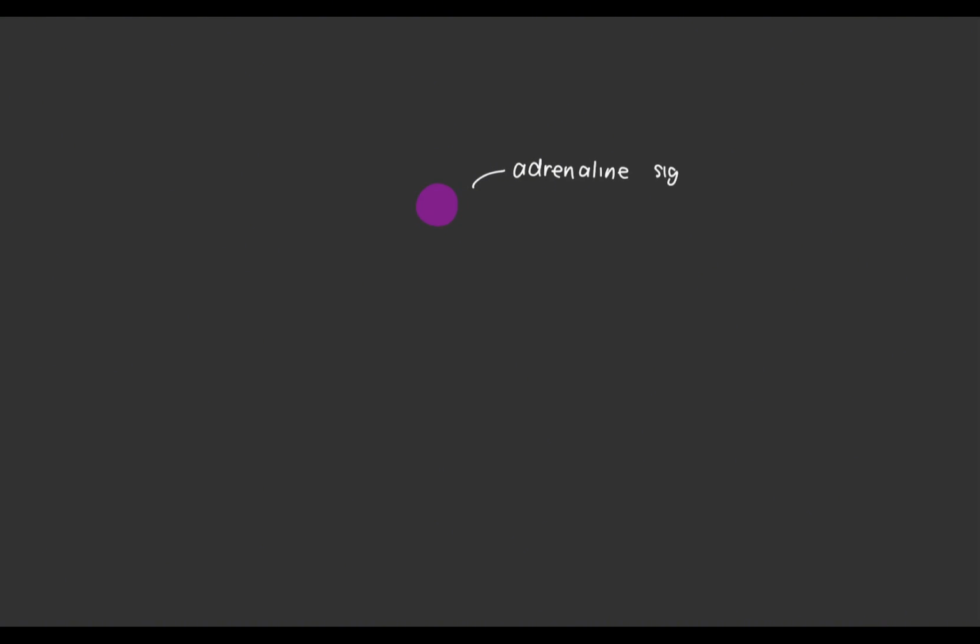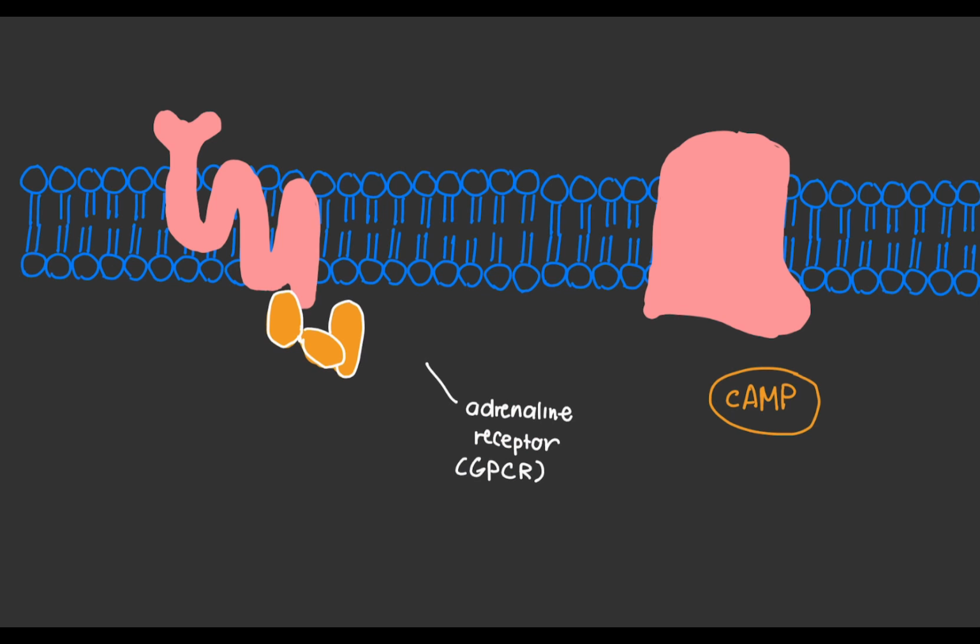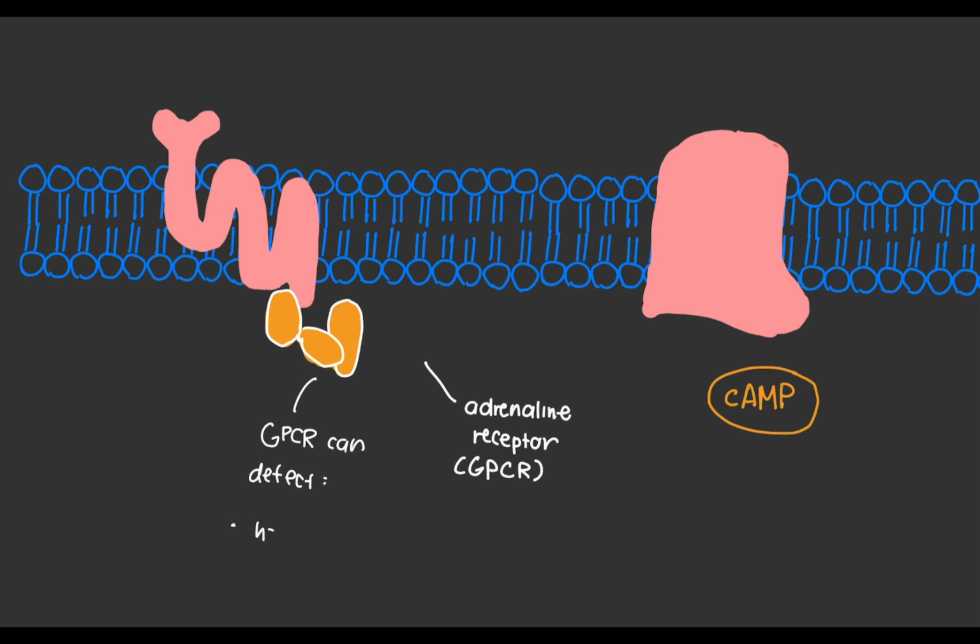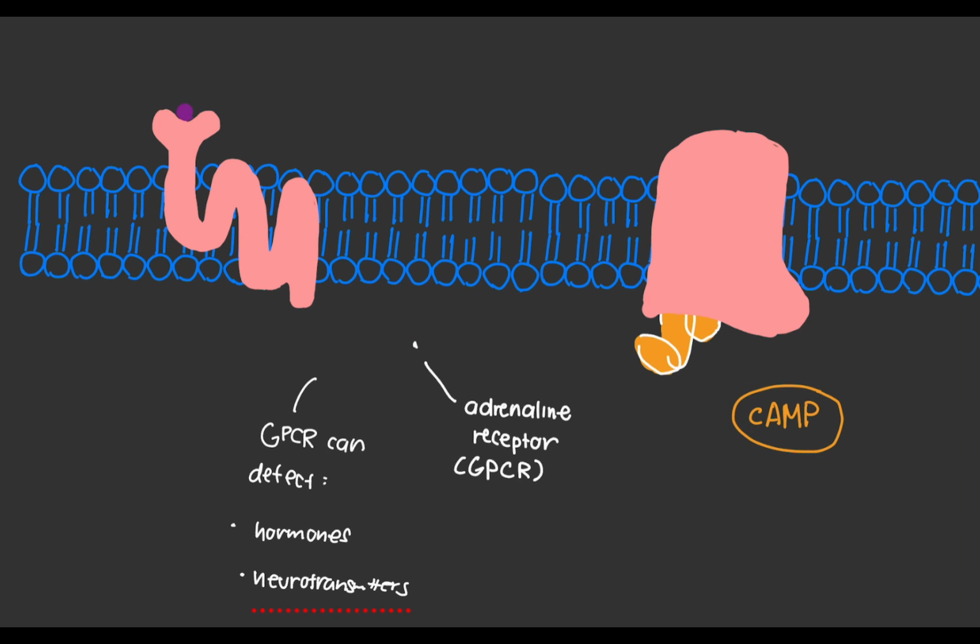Adrenaline is polar and hydrophilic. Since it cannot cross the cell membrane, it will bind to a receptor on the outside of the cell in the cell membrane. GPCRs, or G protein coupled receptors, allow cells to detect signals like hormones and neurotransmitters. When a signaling molecule or ligand binds to the receptor, this GPCR changes shape and triggers responses inside the cell